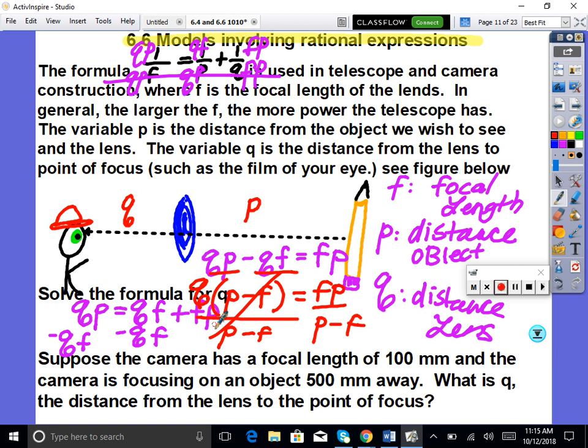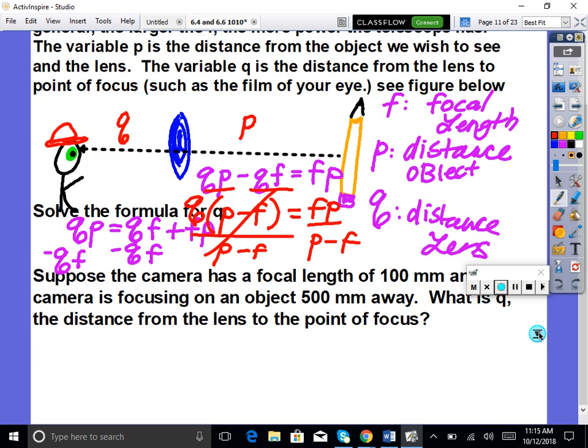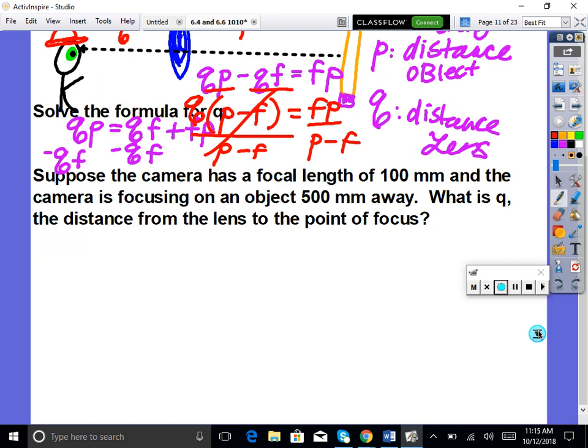Now it says, suppose the camera has a focal length of 100 millimeters and the camera is focusing on an object 500 meters away. What is Q? So it's just a plug and chug problem. So what would I plug in? So Q,